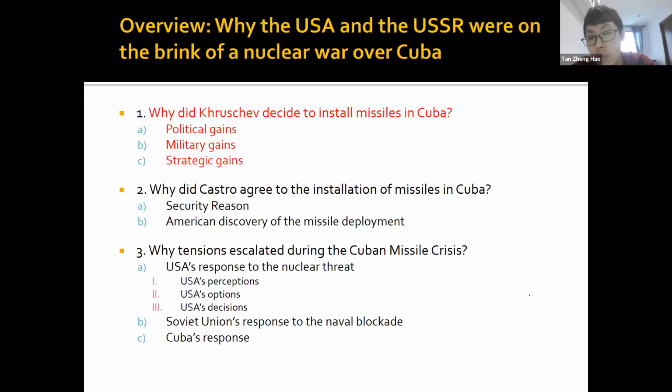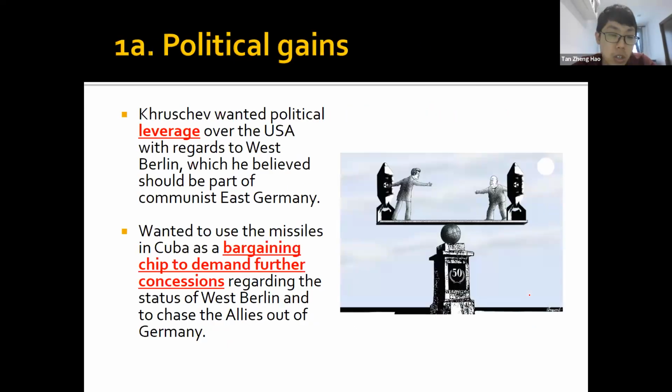Okay, so why did Khrushchev want to install missiles in Cuba? First thing is a bargaining chip. Remember, the US and the communists were having a lot of tension in Europe, in Germany. So by having missiles in Cuba, so close to the US, maybe I can use that to threaten you, and I can use that to get some things out of you. Maybe I can ask for more territories in Europe in return for not bombing you from Cuba.